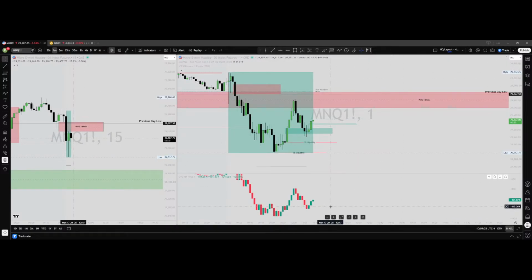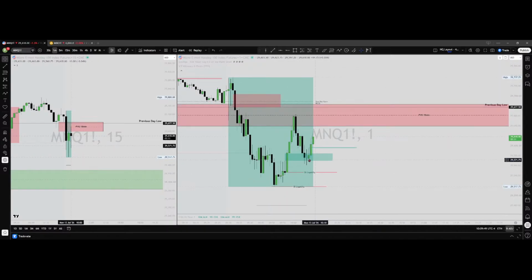Now look at this. Price is stepping into this fair value gap. There is an order block here. This leg up also supports, but not the greatest signal for these longs. But yes, there is a fair value gap which could hold,